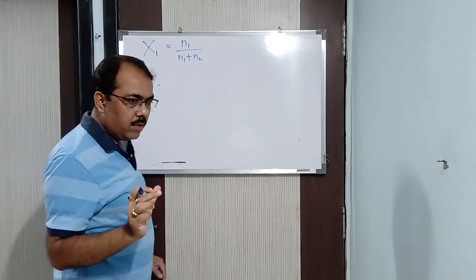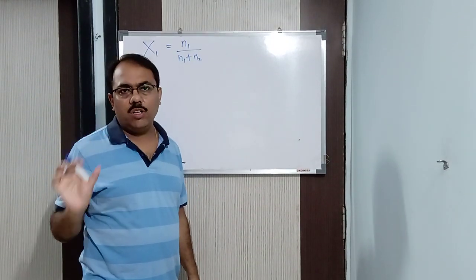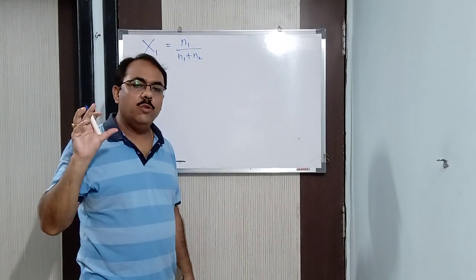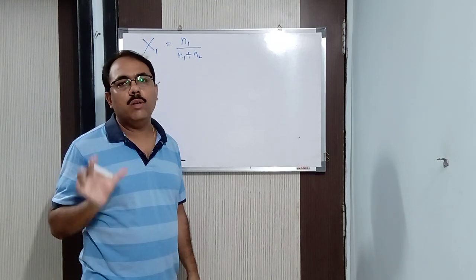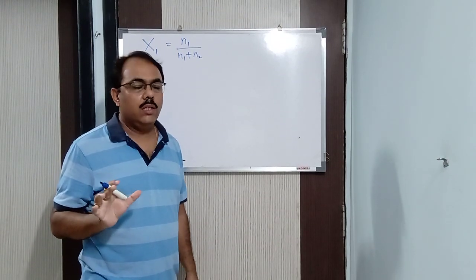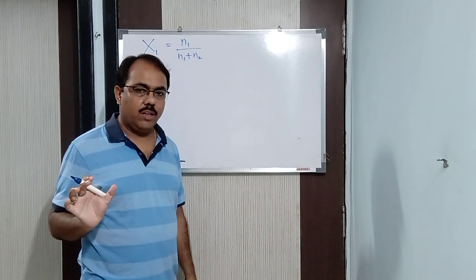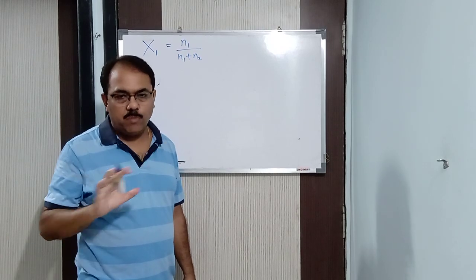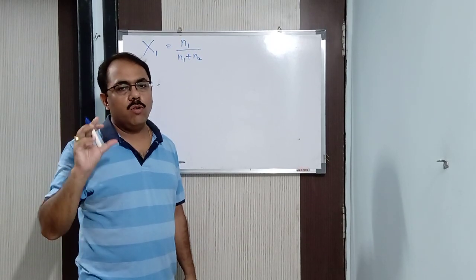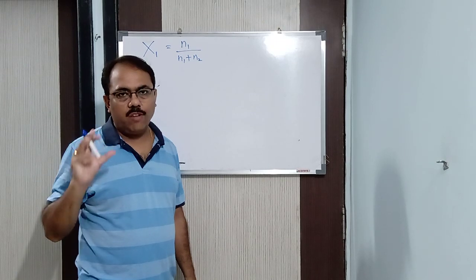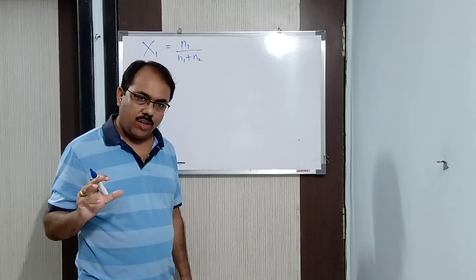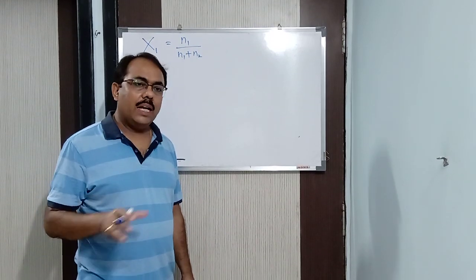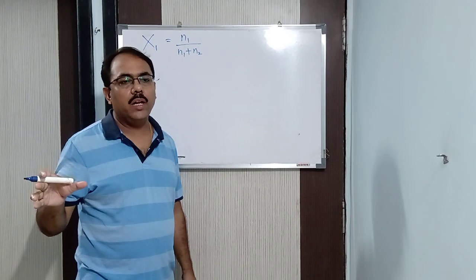Remember, for any component whose mole fraction you want to find, its number of moles will be at the numerator and the total number of moles will be at the denominator. Listen carefully, children, to what I am saying. Let us say there are 5 components in a particular solution and you want to find the mole fraction of one of them. Whichever component you want, that particular number of moles will be at the numerator and the total number of moles will be at the denominator.